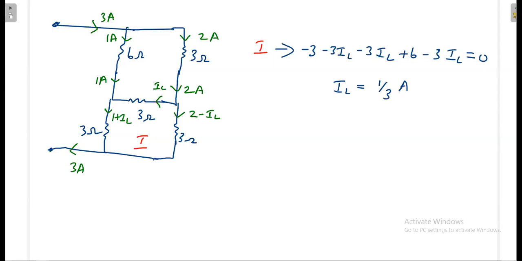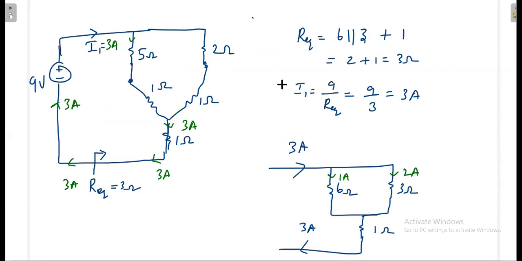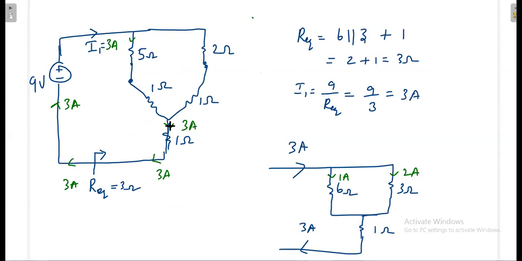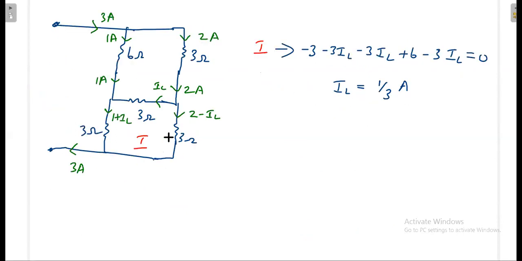Yes, it is correct, because by some other method, the branch current method, we got the same answer. Now what I have done, little bit I have introduced, I have converted delta into star somehow with the Ohm's law and current division. I found out most of the current. Then only for the left out portion, I do not know what is the current here. For that only I have used the branch current method. So finally I got the answer.